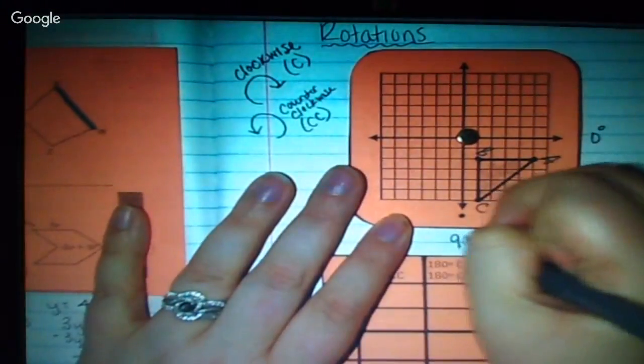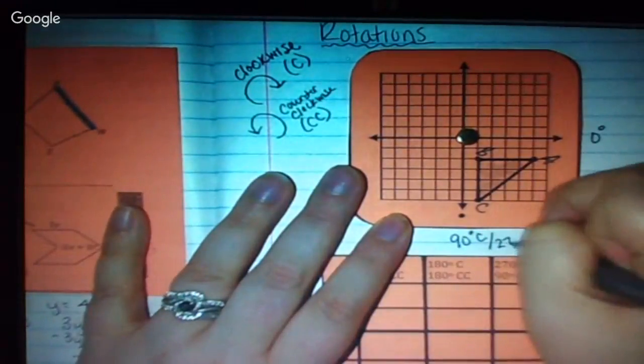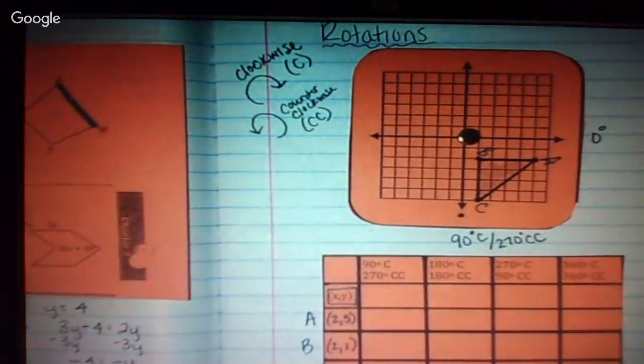Down here is 90 degrees clockwise, otherwise known as 270 counterclockwise. So yes, add that in so you've got it. 90 clockwise is the same thing as going 270 counterclockwise. So I can rotate once to the right or 3 times to the left, and I will end up in